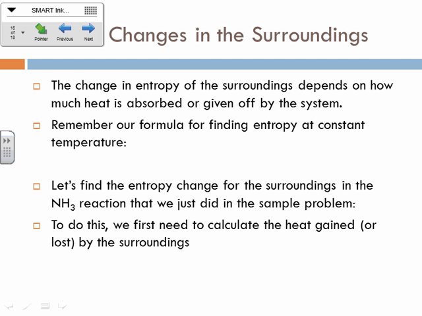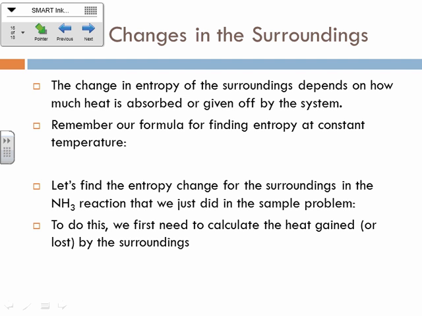If we make the surroundings warmer, what does that do? It increases the entropy of the surrounding area, right? Now, if we decrease the temperature because we're absorbing heat into the reaction, then that's going to actually decrease the disorder of the surroundings as well, okay? Probably not going to happen that way, because usually in any of these processes, delta S is going to be greater than 0 for the entire universe, okay?